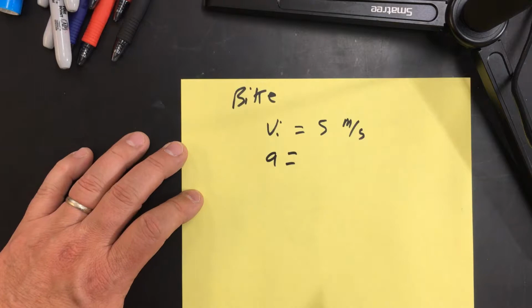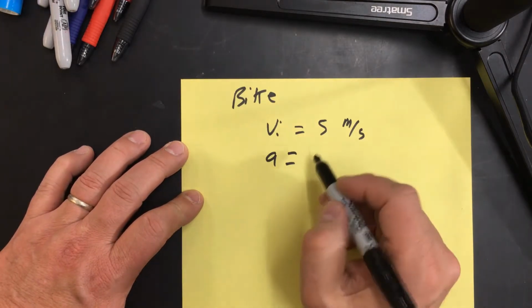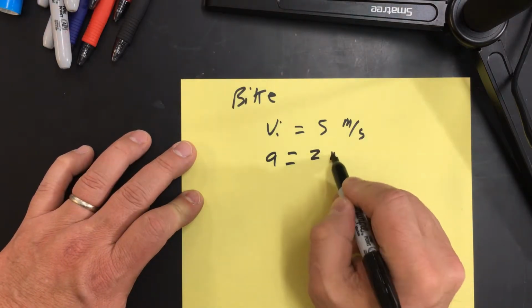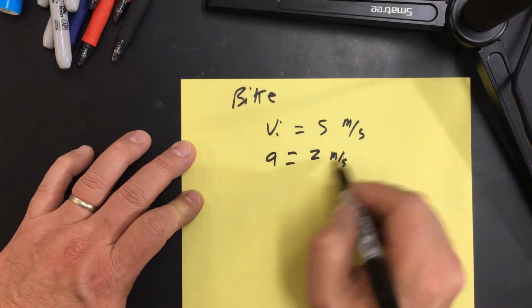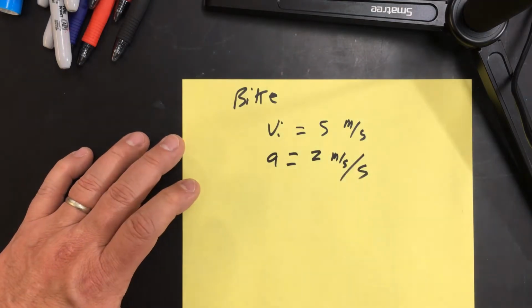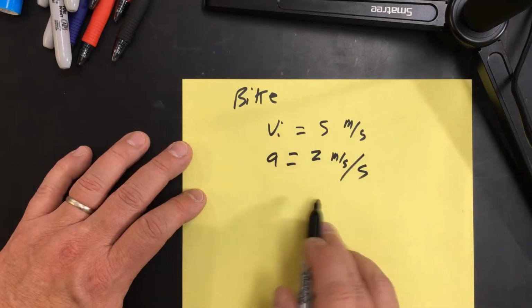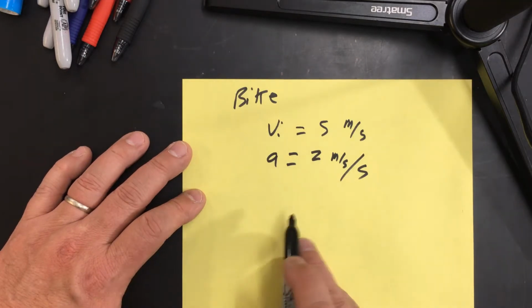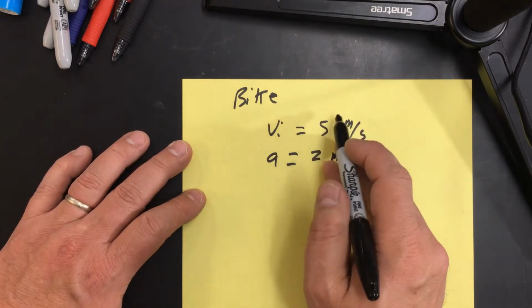And let's say that it begins to accelerate. So it accelerates at a rate of 2 meters per second squared. That's going to be the change in velocity every second. Every second, it's going to gain 2 meters per second in its velocity. Okay? So now the question is, after 4 seconds,